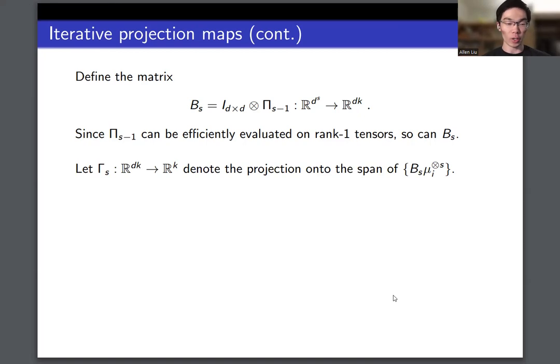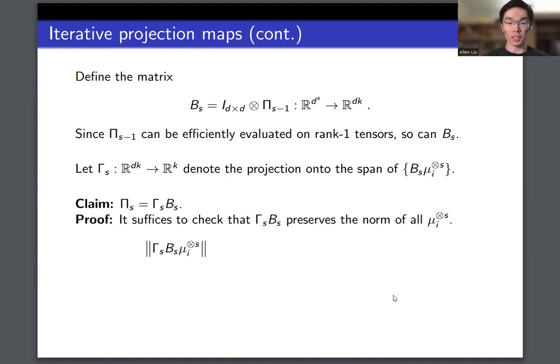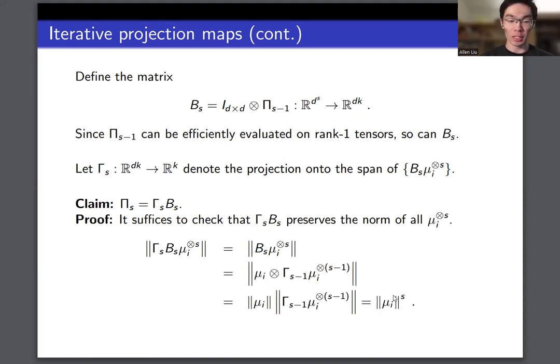Now, in order to construct pi sub s, we want to project from d times k dimensions down to k dimensions. So we claim that it suffices to compute the span of B sub s times mu_i to the s, which are k vectors in dk dimensions. To see why it suffices to compute the span of these, we can do some simple computations to verify that